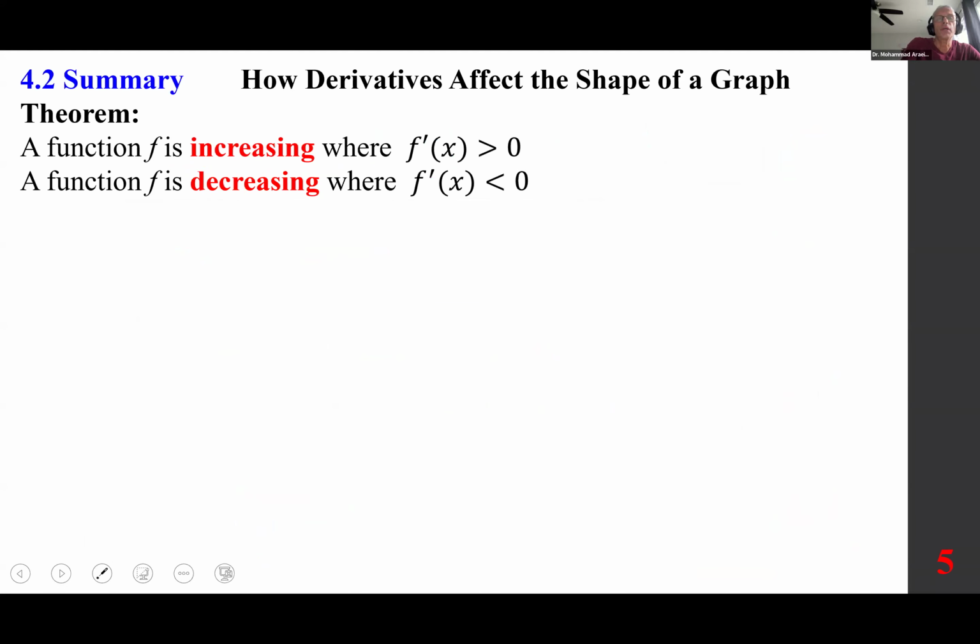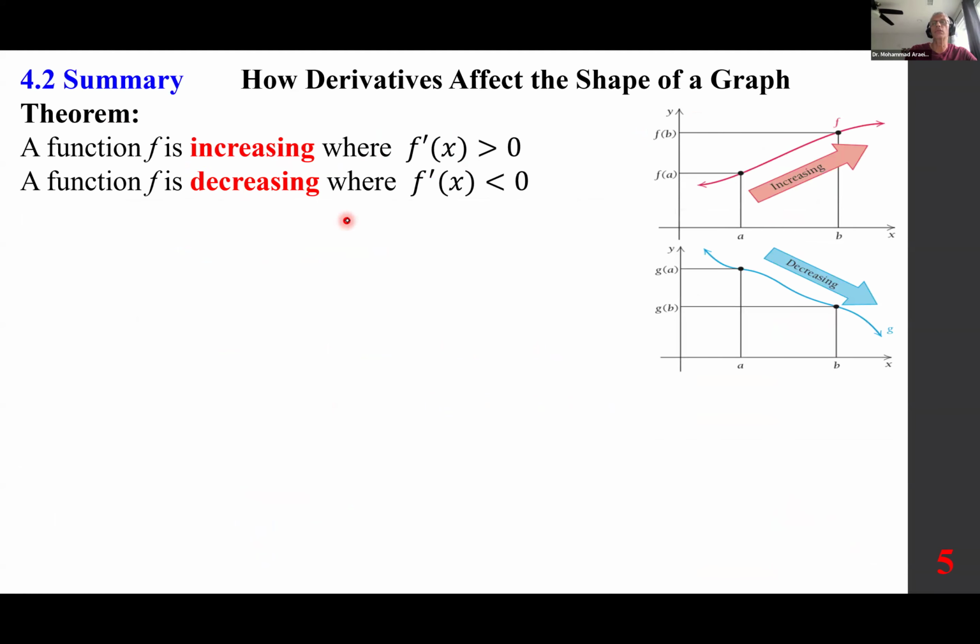4.2 summary, how derivatives affect the shape of a graph theorem. A function is increasing where f prime is positive, decreasing where f prime is negative. So if we look at these two graphs, this is a curve, and in your mind, assume this is a line. You can see a line with a positive slope, therefore increasing. If you assume this is a line, which is not, of course, it's a line with a negative slope, therefore